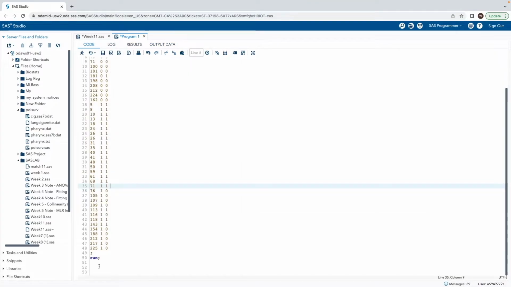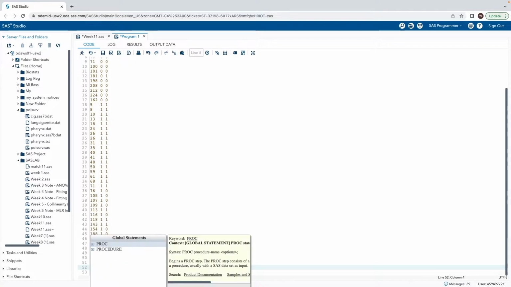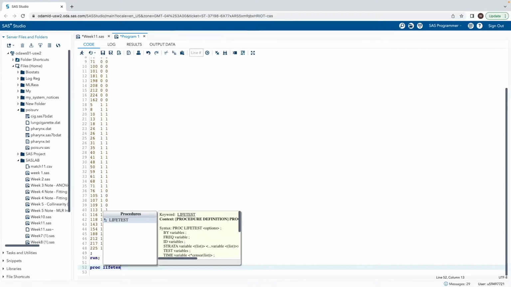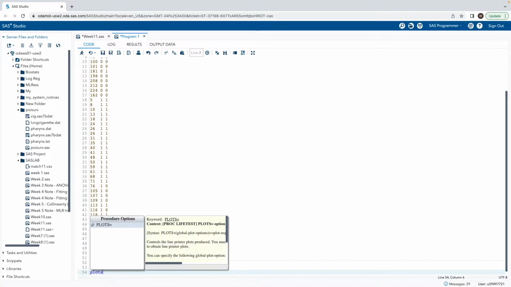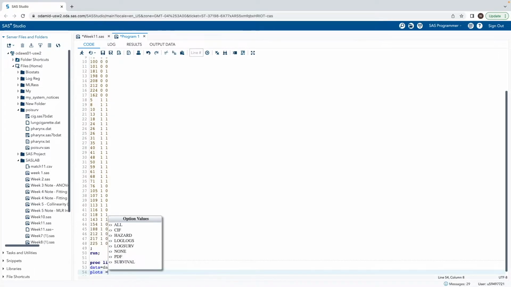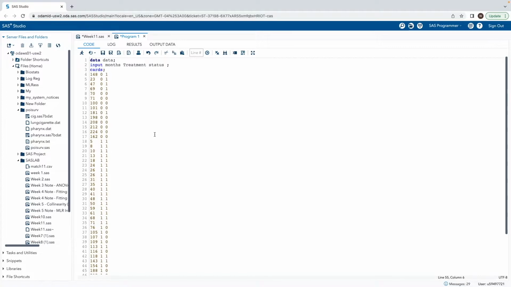So to do Kaplan-Meier curves, you do proc lifetest, and you tell it what data you're going to be working with. And for plots, I think you can just put an S. I think that's enough that SAS knows what it is. And then you have to tell SAS how you're going to work with time. So for time, it's going to be months,